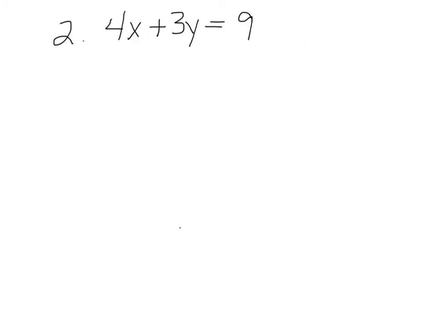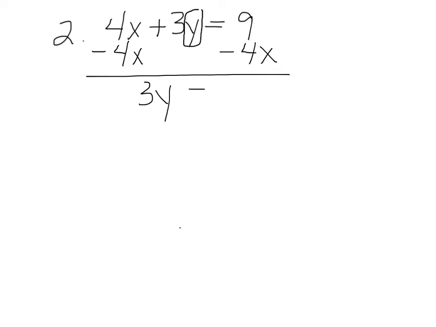Now the second example that I just wrote down here is going to be a little bit harder. I still want to try to get the y all by itself. So this is what I want to try to get all by itself. And in order to get all that all by itself, I need to get rid of the 4x, and I have to get rid of the 3. The thing I can get rid of first is the 4x. So I am going to subtract 4x from both sides of this equation. And when I subtract 4x from both sides of the equation, I'm going to be left with 3y equals,